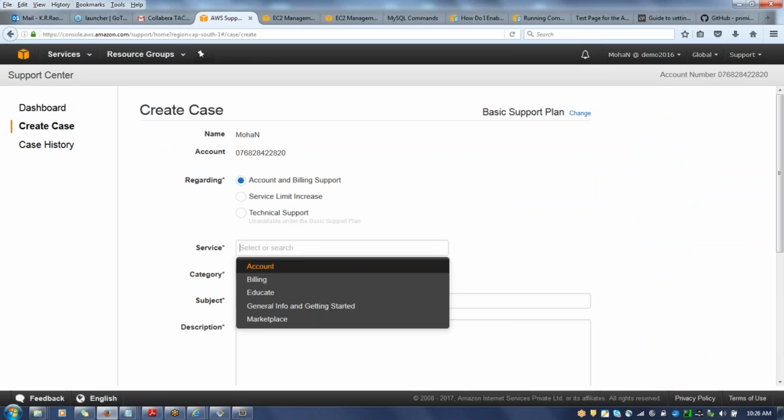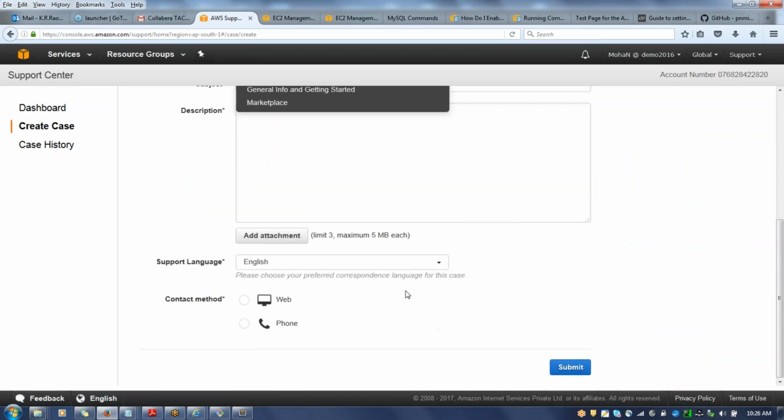You can give all the details, and once you've given all the details, you have different options, either phone call or web or chatting. If you have a paid service, you have a chatting option as well. Immediately they'll come into the picture and look at that. If you have any particular instance issue, whatever issue, and you give the details to them, they'll look into that